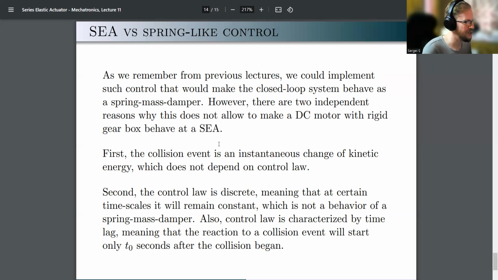Now we come to one of those important intellectual parts of the discussion. It is a popular idea that we could